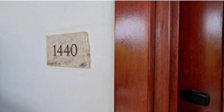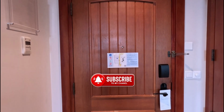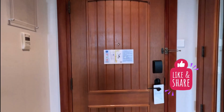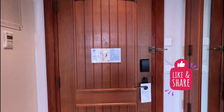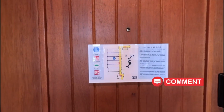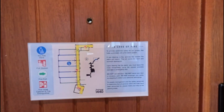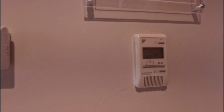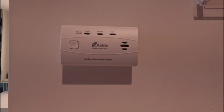Sandals Curacao room: Oceanview beachfront balcony club level. When you walk to the room, there is some information behind the door. It's for emergencies, to know what you have to do and where to go. Please take some time to look at it. And then on this side is the carbon monoxide detector that could save your life, and where you can adjust the temperature